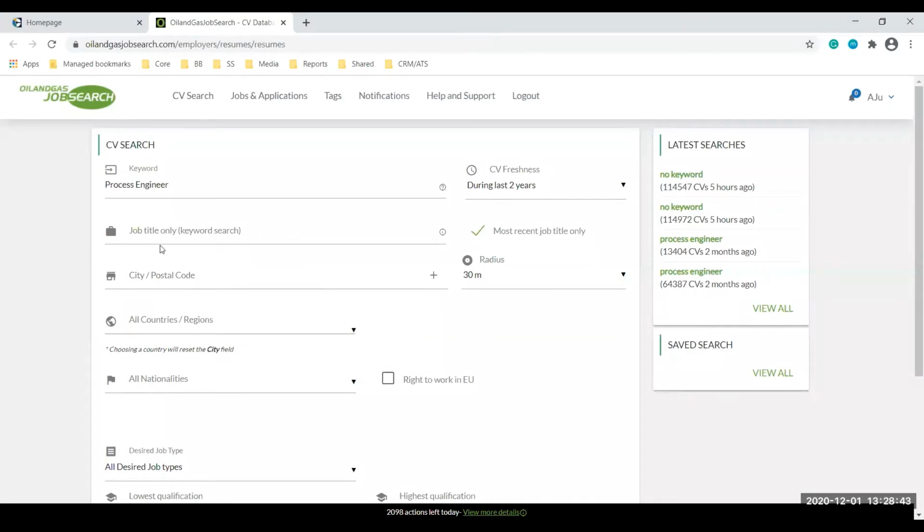Now, if you want to search just specific job titles only, you can add a keyword here. Now, if you want people only appearing on your search results if they have process engineer on their job title, that's possible for you. Do keep in mind that this is quite limiting search and filters out quite a lot. So I would say first try with the keywords and then add job title if you see a lot of